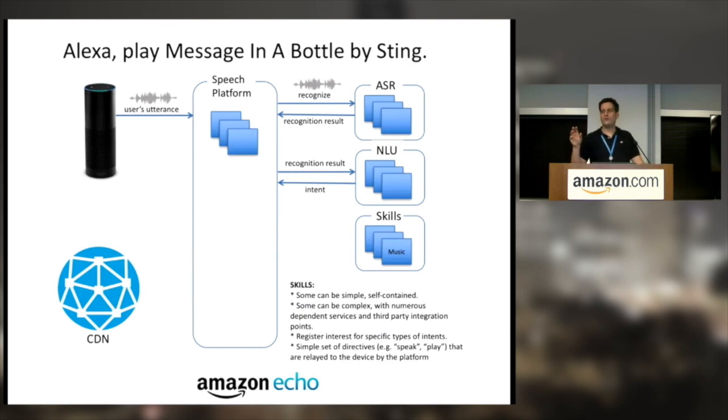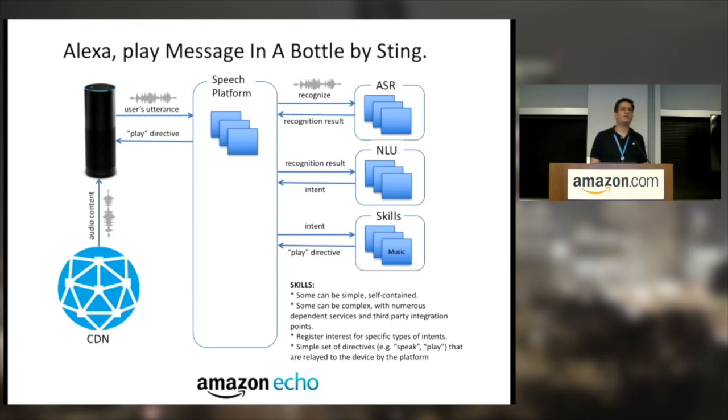It also uses a catalog. We have many catalogs for many different subjects. And it will go to the play music application or play music skill. The play music skill will not return a speech, it will return a URL. So it will return a play directive that will be sent to the Echo device. The play directive contains a URL, and the Echo device will download the song from this URL and play the song.